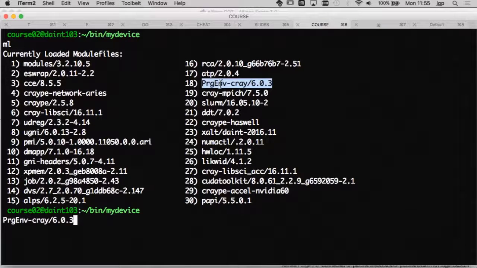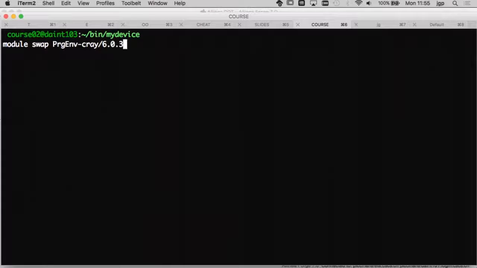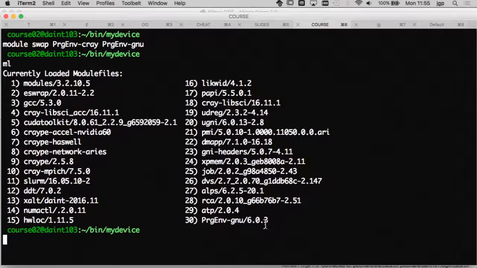An easy way to do that is to module swap from Cray to GNU. If you do a module list, you see that now the GNU module file is loaded.